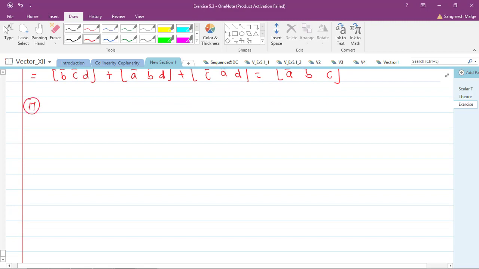Question number 17: show that the volume of the tetrahedron whose coterminous edges are 7i plus k, 2i plus 5j minus 3k,